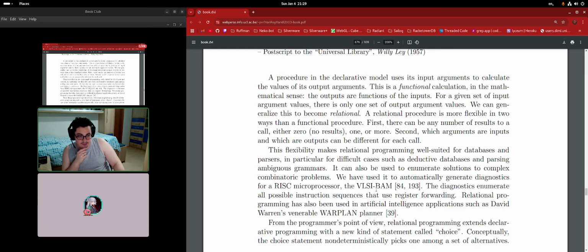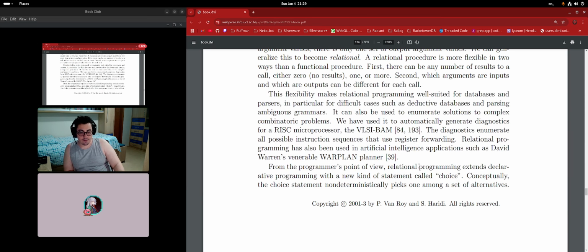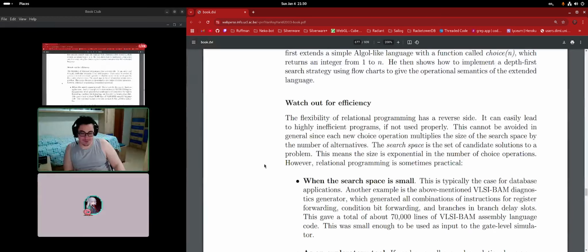So this is very well suited for databases and parsers. I actually have no idea how this is useful for parsers, but we're going to see that in 9.4, in the next session. I do know how that's useful for databases. I'm not going to go into this tangent, but I do understand it. Also, Warren mentioned. Yeah, this is the same Warren of the Warren abstract machine, right? That was kind of like, okay, that's very cool. Anyway, so